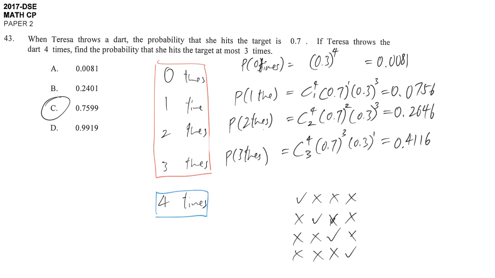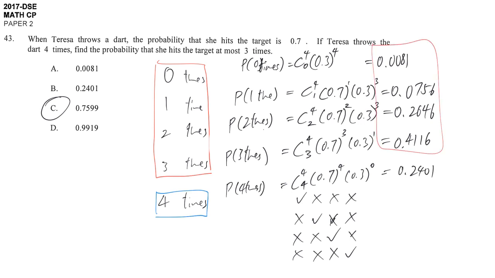0.4116. To be more systematic, for the first term, among 4 spaces we don't reserve any space for the tick, so among 4 we choose 0 of them. And for 4 times, among 4 spaces we use all 4 spaces, so there is only 1 combination. If you add all these together, then you will get the same answer. This is the method